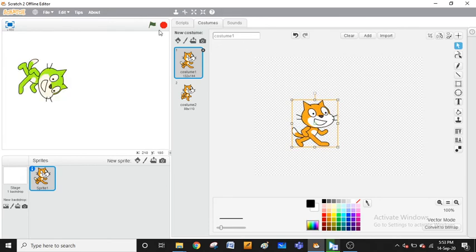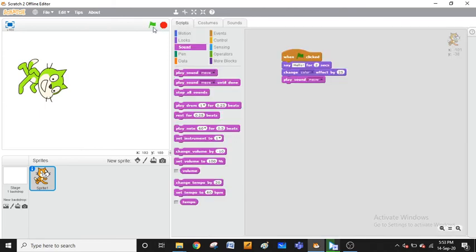Okay, scripts. You see the values. Hello, it told change color. It's giving the sound. Okay, it gives the sound of that particular sound. If you want to record any sound, it can record. Okay, I can record from here. There is a record option also there. You can record your own sound also.